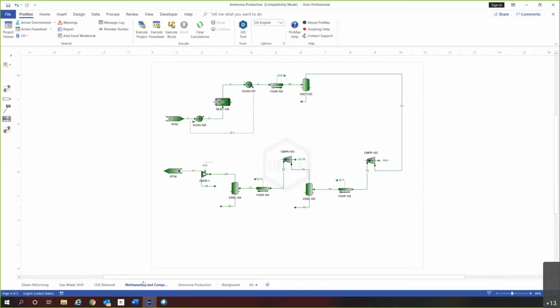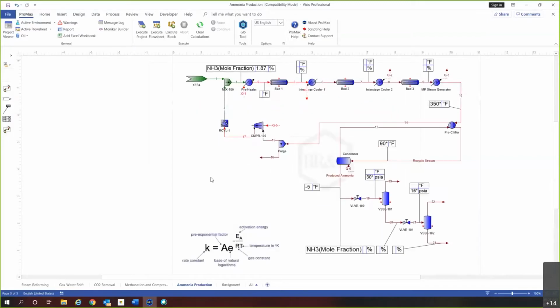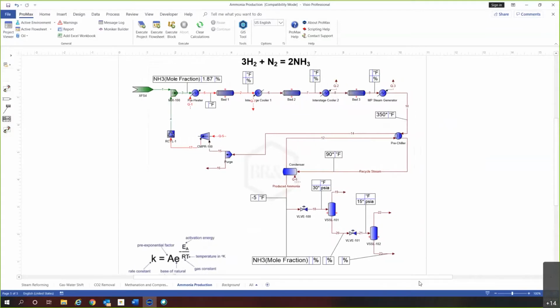What this does is it's going to take any leftover carbon dioxide and carbon monoxide and convert that back to methane. So we'll get the methane that's converted from those two products, compress it to the high pressure that we'll need for the ammonia reactor. And then the final step is creating that ammonia. Today we'll be talking about this ammonia reaction process and look in a little bit more detail at the kinetics behind these reactions. So the overall reaction is hydrogen and nitrogen will create ammonia,